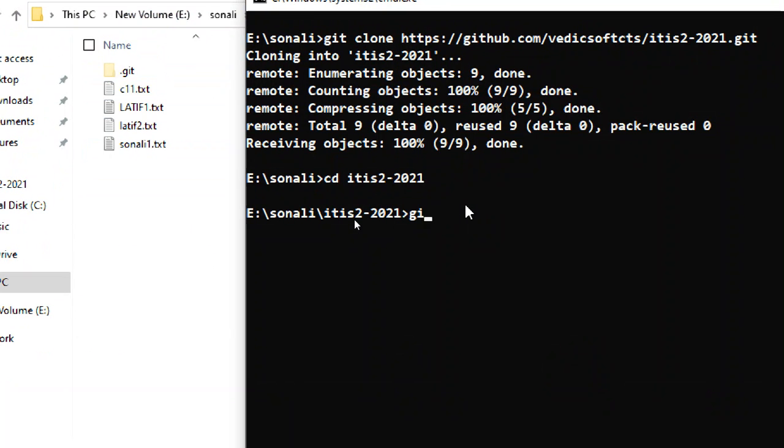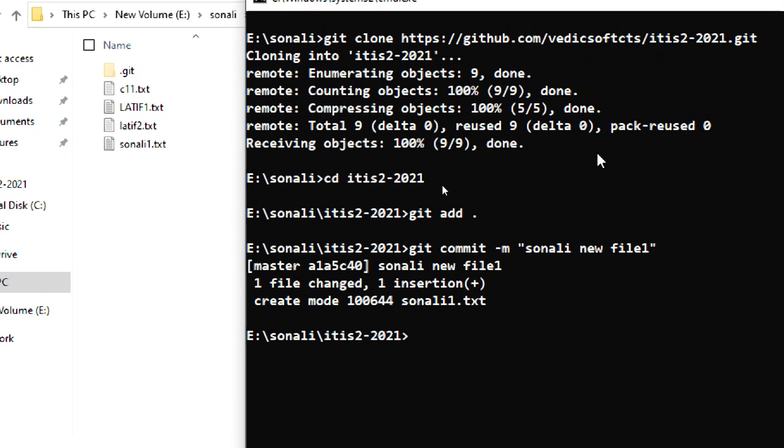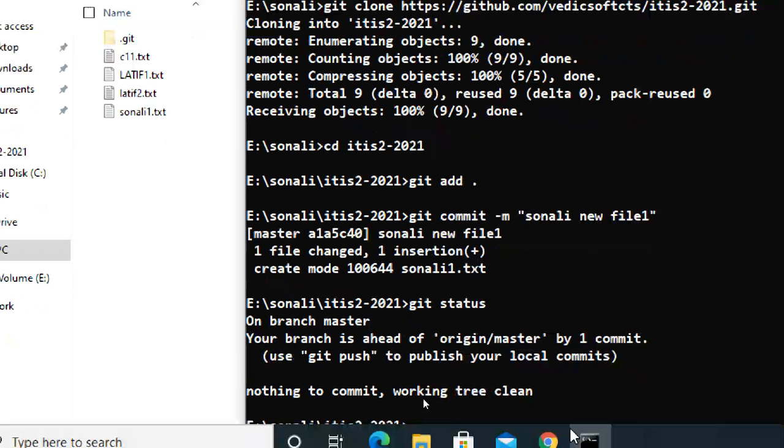Now git add, so the new file is added; I'm doing git add directly instead of checking the status. Then git commit -m "Sonali new file one". Commit is done. Then check for pendings with git status; everything is done on the git side.